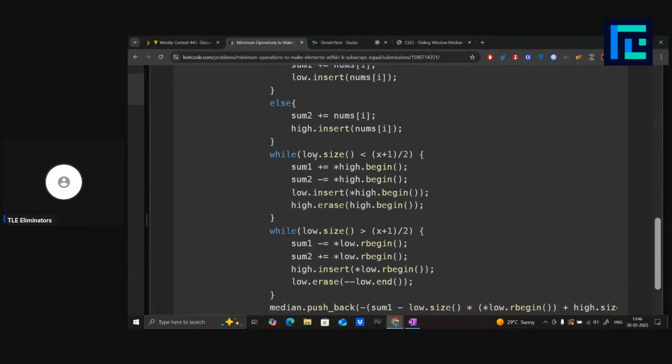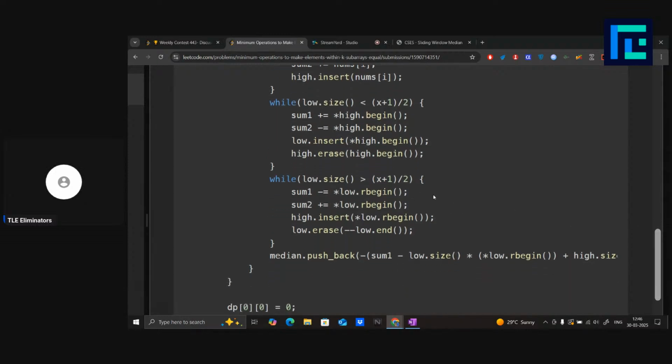So if the size of low is too less, then I'll transfer the elements from high to low. Like I'll transfer the smallest element in high into low. So high.begin(), which is the smallest element in high, I will insert it into low. And otherwise, if low is too big, then I'll transfer the highest elements from low into high. And after all of this is done,